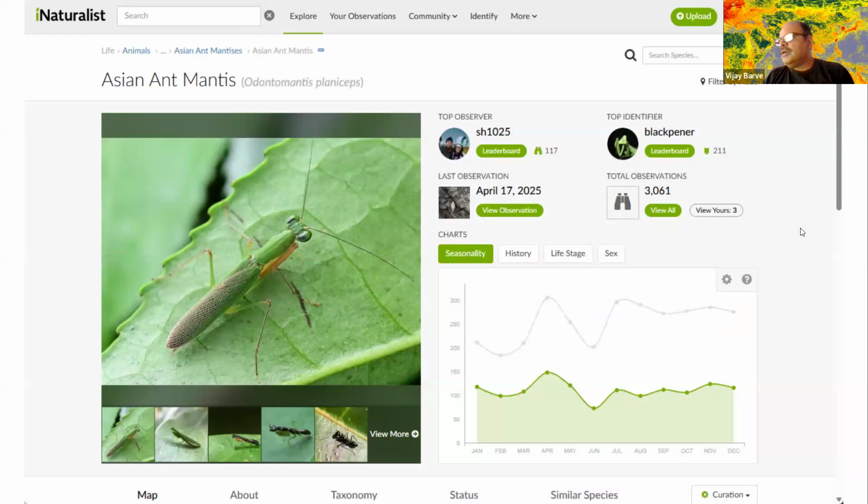Now getting a little bit into detail on one particular species and what kind of information and data is available for that. So I just selected one of my favorite mantises, Asian ant mantis. When I click on that, it tells me there are totally 3,000 observations, and shows me some exemplar images that iNaturalist curators have selected for us initially, but I can also click on view more and look at more images,